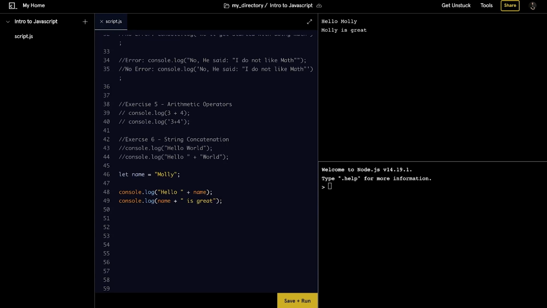However, now if we wanted to change the name to say something like Emmy, we only need to change the value of the variable like so. Go up to line 46 and instead of Molly, we'll put Emmy, a different name. Notice now if we click run, what happens? In this case, every instance of name that was in our console.logs changed from Molly to the value of name,